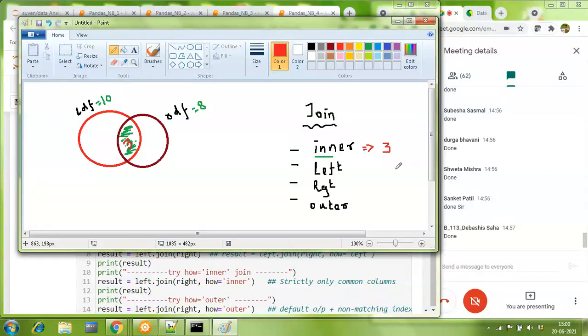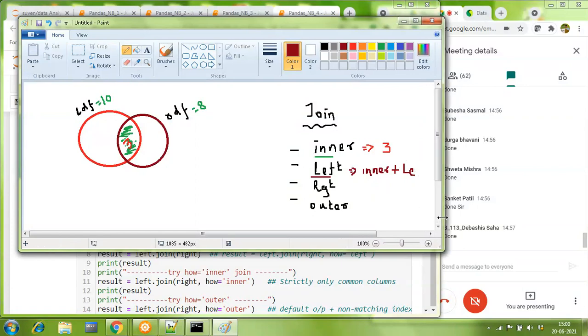Think a little bigger now. If you go in for taking a left join, then you would definitely see the output of inner. Left will always show you the output of inner first. With all due respect, inner has to come. Plus, I will take those extra records of the left table which were not entertained by inner.